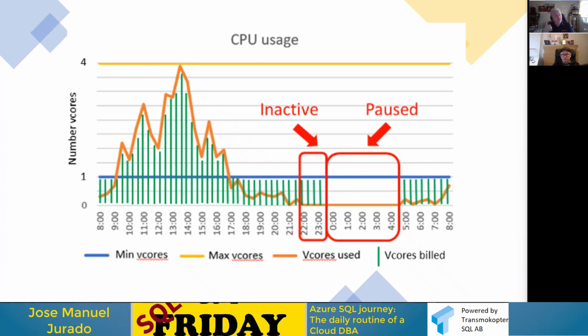Most probably you are going to receive a call from the developer saying, okay, I tried to connect to my database, but it seems that it's not responding. Well, think about auto close that you have in on-premises. When you specify auto close and you try to connect to the database, SQL Server needs to open the database again, needs to find workers, needs to find memory, etc. It will take time, so the connection will take time. More or less it is the same in serverless. So we need to start up the database.